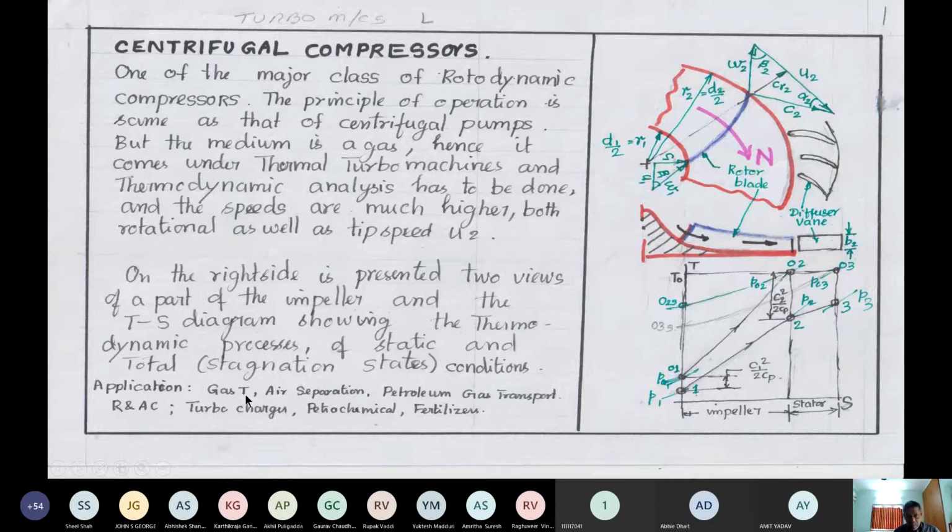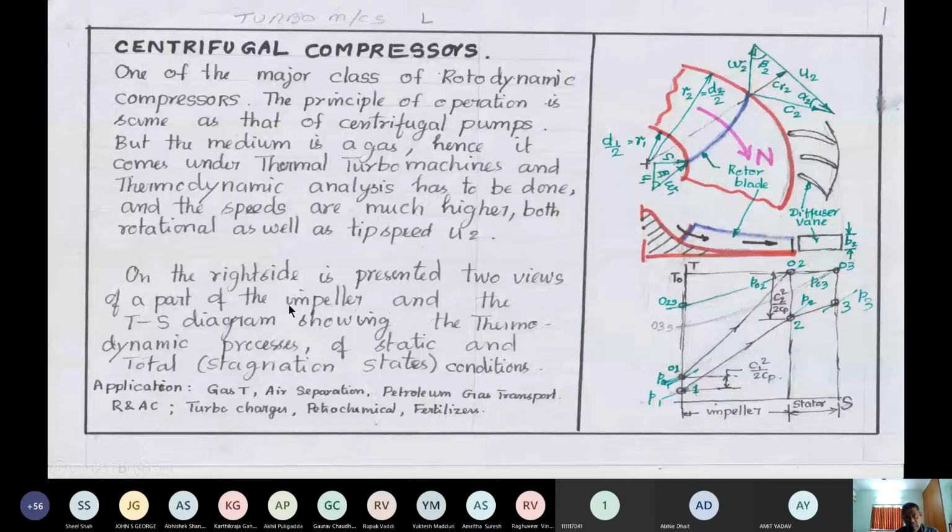If you think of the compressor industry, there are four major compressors. You have the axial compressor and the centrifugal compressor, both of which come under turbo machinery. Then you have another compressor called the screw compressor, and then the reciprocating compressors. These are the four major compressors, and compressed air and other compressed products are very much used, and in industry it is very much required.